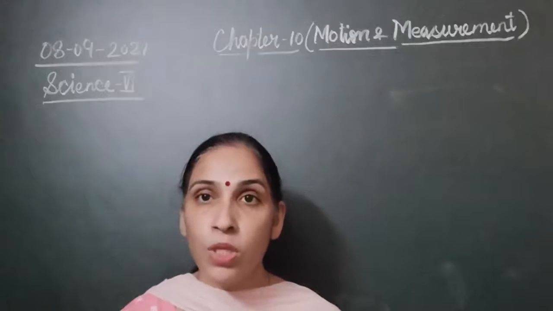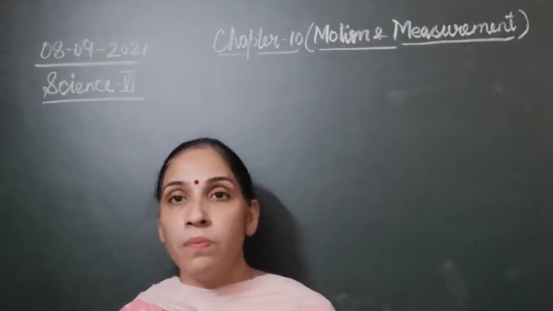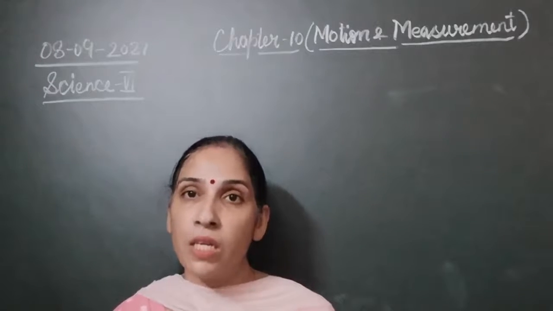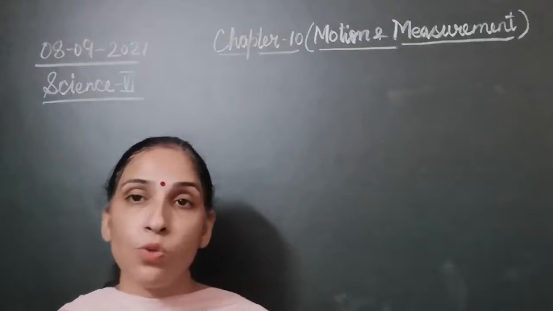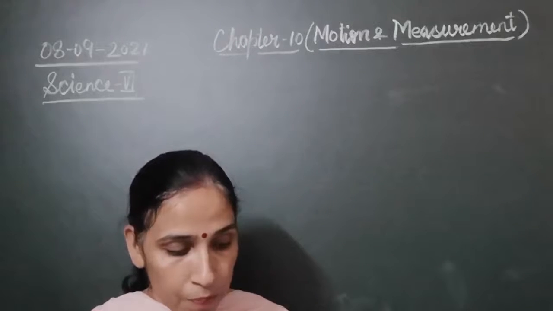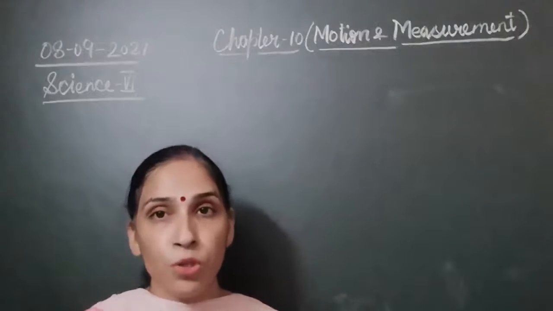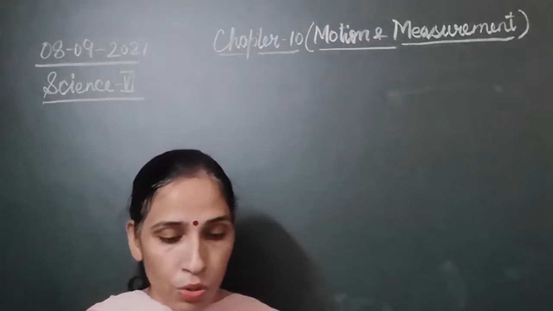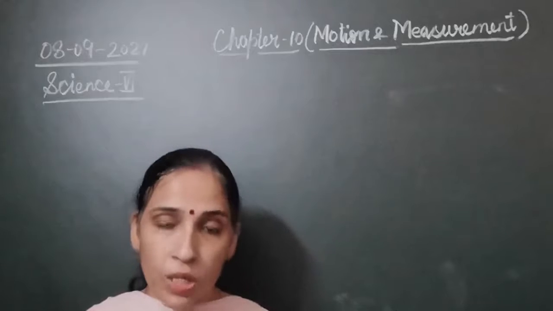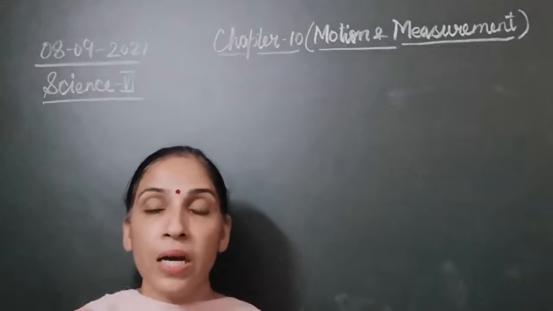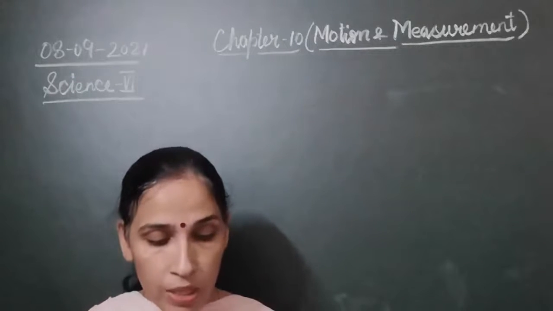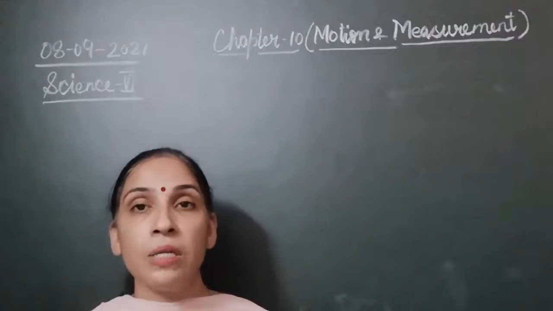Then periodic motion, a motion which repeats itself after an equal interval of time, that is known as periodic motion. As well as we have non-periodic motion also, random motion also, translatory motion, or certain types of motion we have. So these four types of motion which we had done are important and you may learn about them. After that we had started with